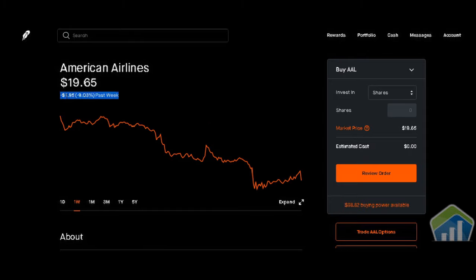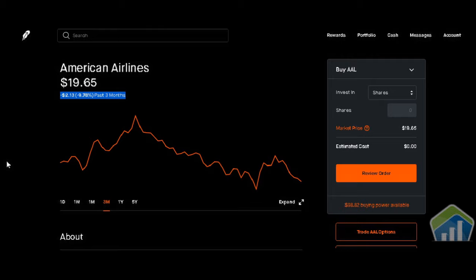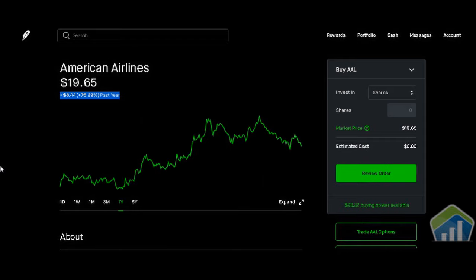The 1 week chart says that we're down $1.95 or negative 9.03%. The 1 month chart says that we're down $1.74 or negative 8.13%. The 3 month chart says that we're down $2.13 or negative 9.78%. The 1 year chart says that we're up $8.44 or positive